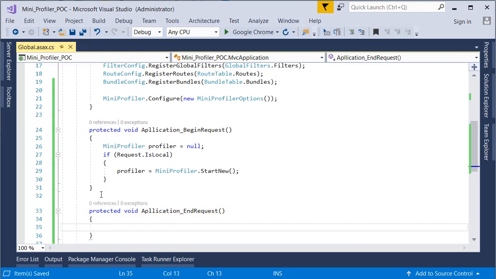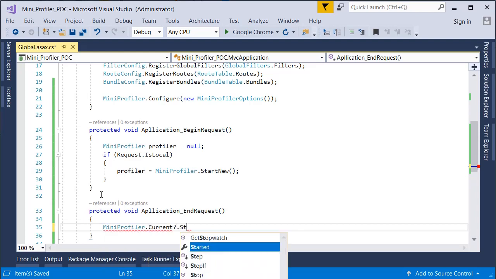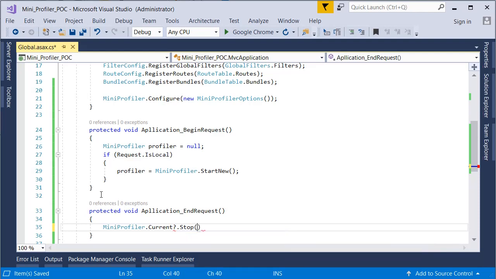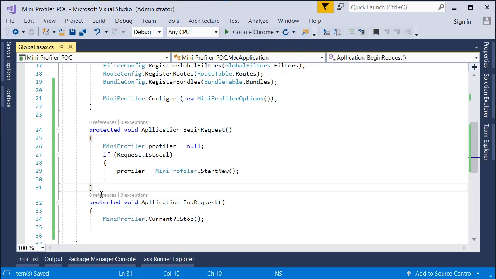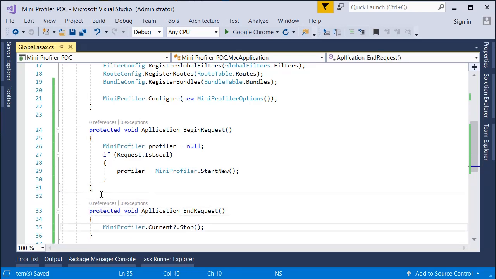Here I am closing the current instance of the mini profiler and stopping it. So if the system finds any open mini profiler instance, it will stop that instance of the mini profiler.